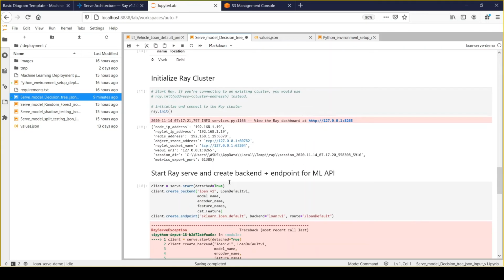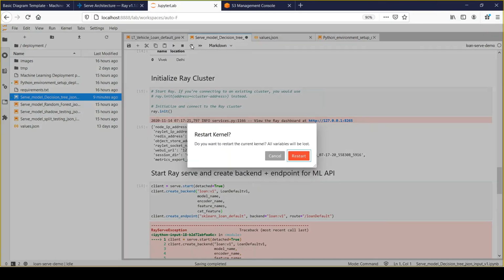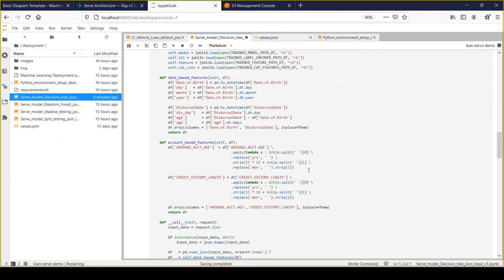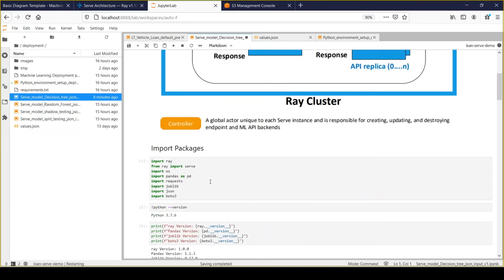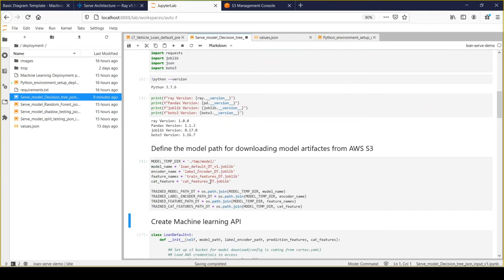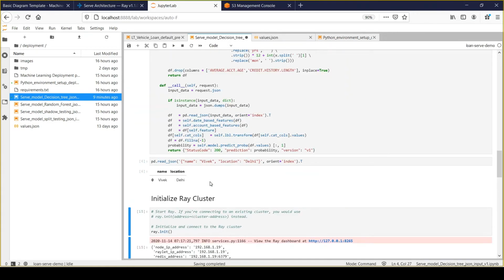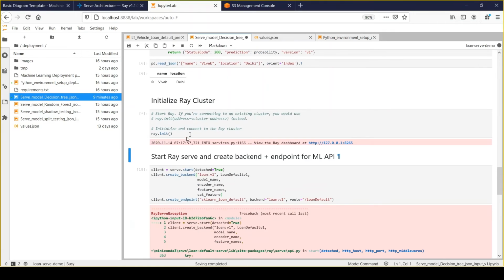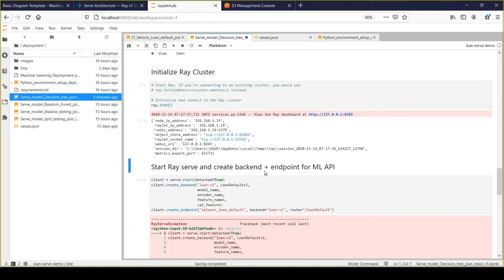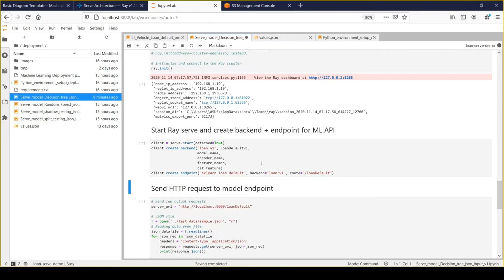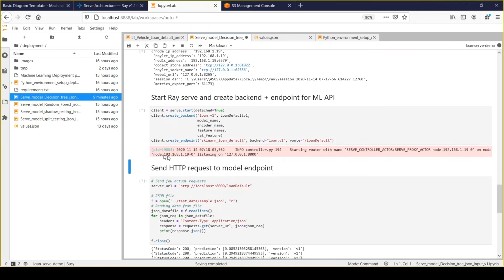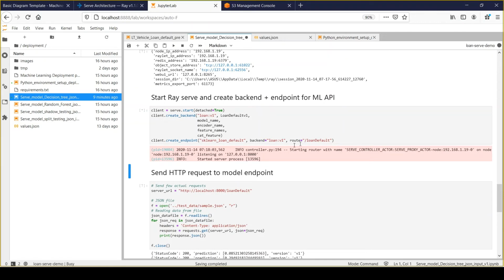Okay, it's already started, so probably I will just restart this session and we'll run it from the start. So I will run it. Okay, it will launch the Ray cluster, and now we'll run it. What it will do is create the backend.